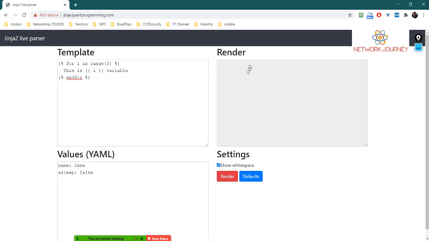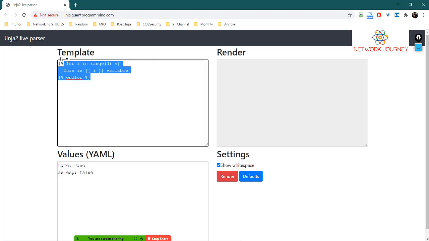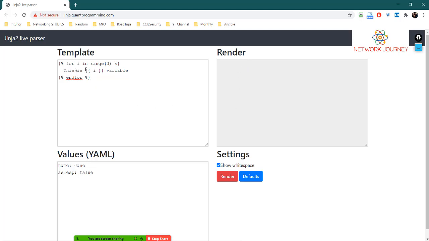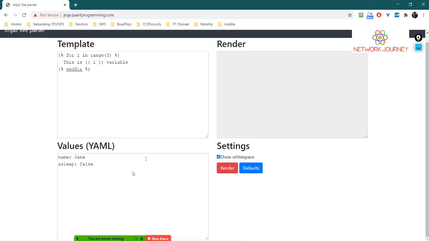Okay, I guess there's some issue with the tool. Otherwise, you would have got this rendering. You could have seen how the for loop behaves. Most of our scripts today we have written with a for loop. In the case of VLAN, in the case of interface, it was all a for loop which was rendering. So I guess there is an issue with this.